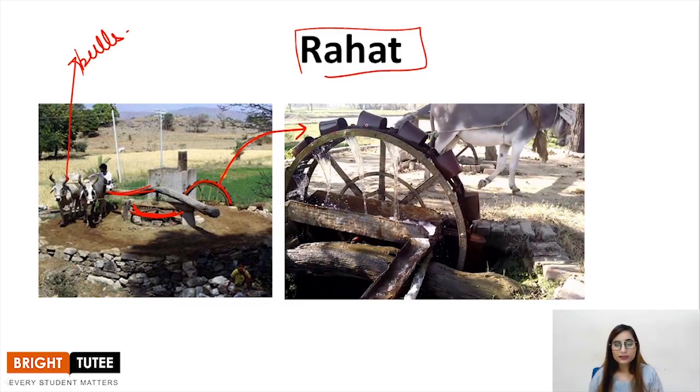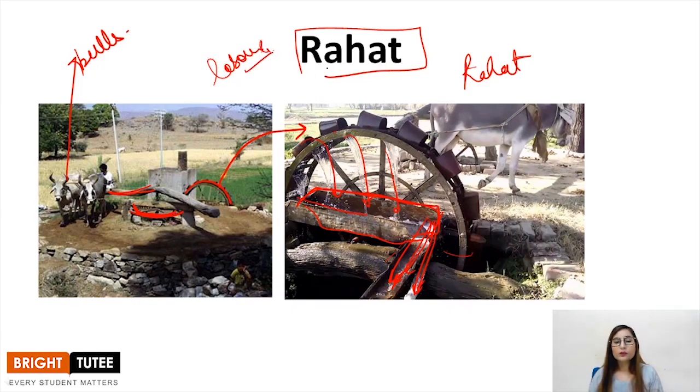There are buckets, right? They go into the pond, you can say, or the water source. They go into the water source, and they drop the water into this rack, right? Into this tray, you can say. And then through this tray, through different pipelines, this water is sent to the fields. So this is rehet, and it is much more efficient than dhekli, moat and other systems, because the water is being brought without much labor,